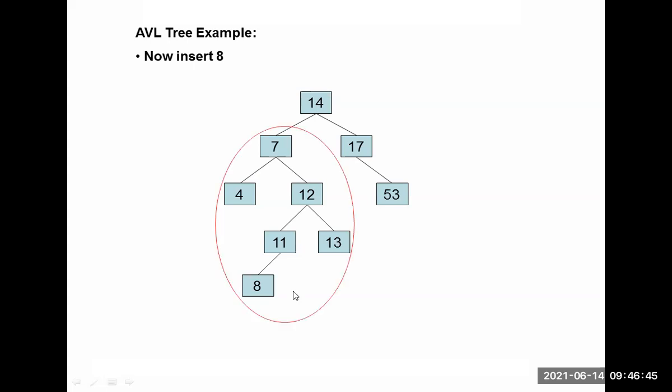So if the tree is balanced... here the tree is not balanced. Where the tree is not balanced, first you have to check at each level. So here 1 minus 0, here 0, here 2 minus 1, 1. See here 1 minus 3, 1 minus 3 equal to minus 2. And here also 4 minus 2, 2. So at these two levels, the tree is not balanced.